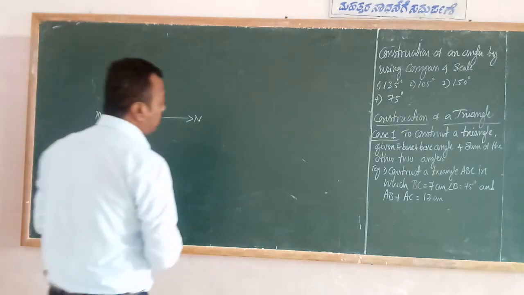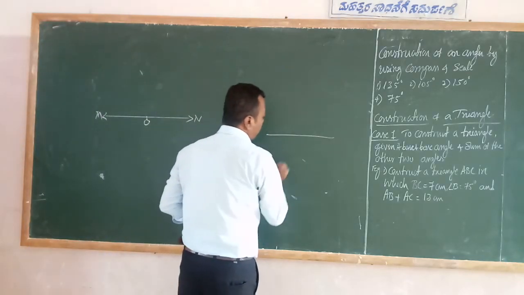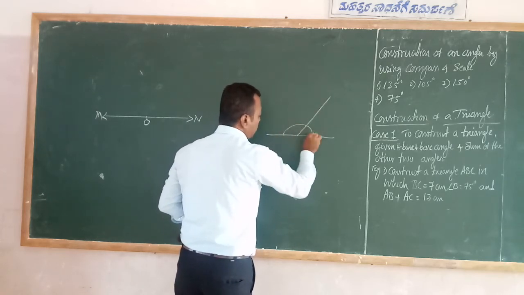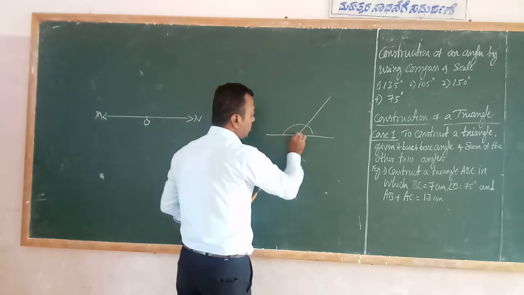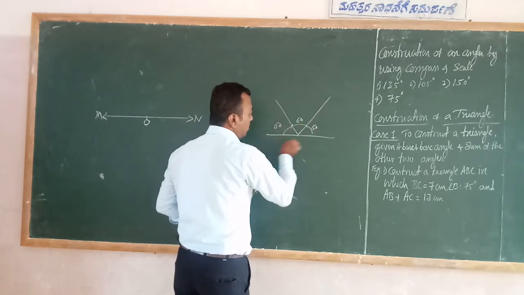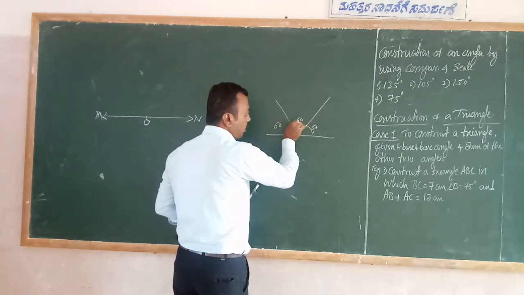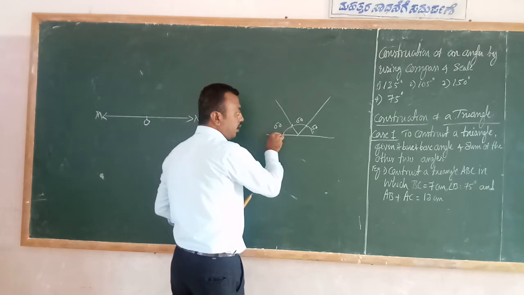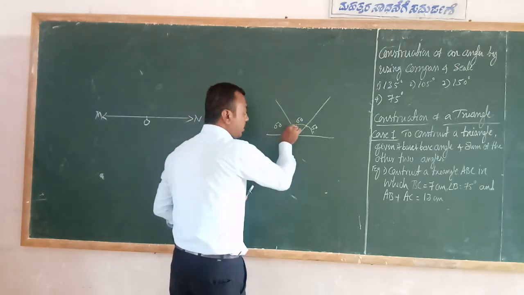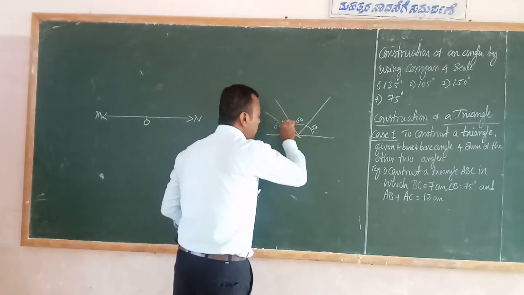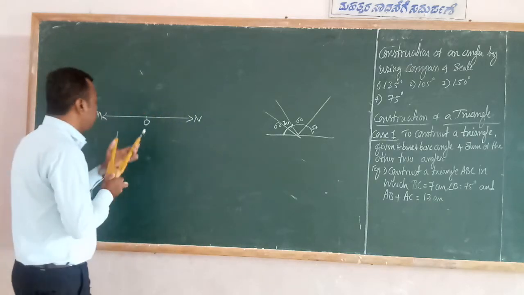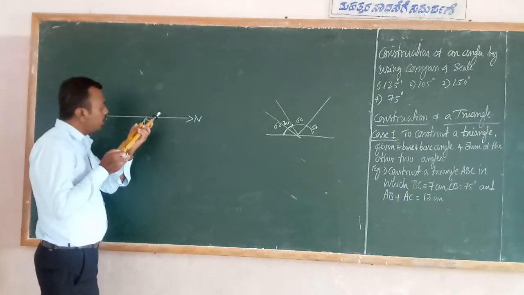For the 150 degree, see students, first you have to draw one line. This is 120 degree, correct? This is 60, this is also 60 and this is also 60, correct? So 60 plus 60 is 120, 120 plus 60 is 180. But after 120, how much degree is needed? 30 degree. That's why we have to bisect the 60 degree. This is 30 degree. 60, 60, 30 become how much degree? 150 degree. That's why I will construct first 120 degree.